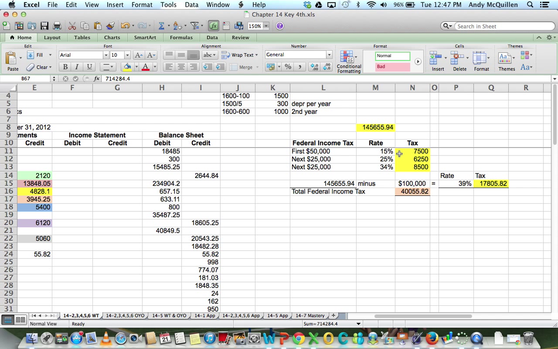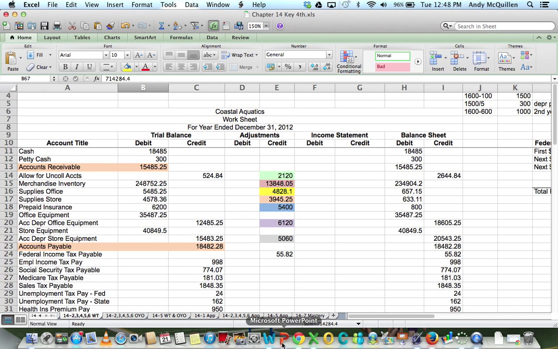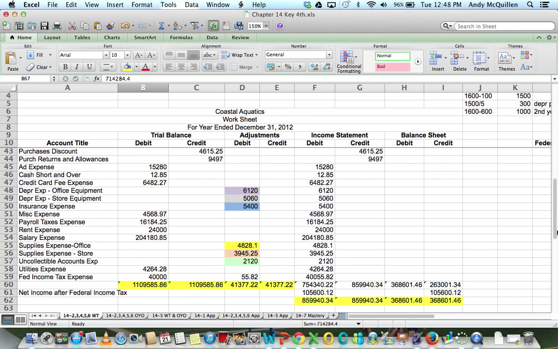$79,000. I'm just throwing a number out there. So I would tax $50,000, I would tax $25,000, and then I would tax $4,000 at 34% because it's a running total. So now that we have calculated this, the $40,055.82, I am going to credit federal income tax payable for $55,482, and I'm going to debit in the adjustments federal income tax expense. $40,000 has already been paid, so there's $55 that has not been paid yet, and then